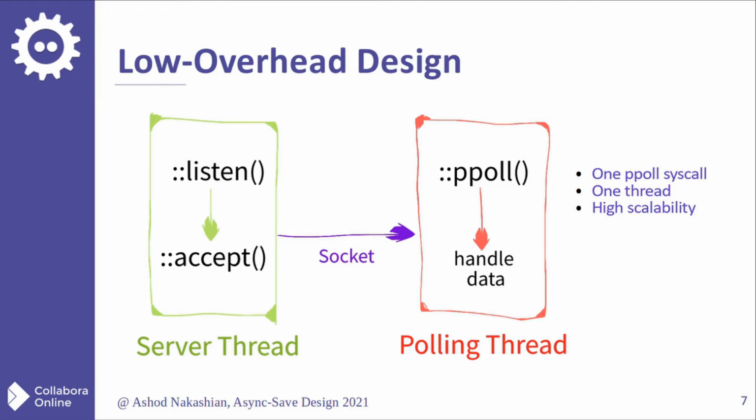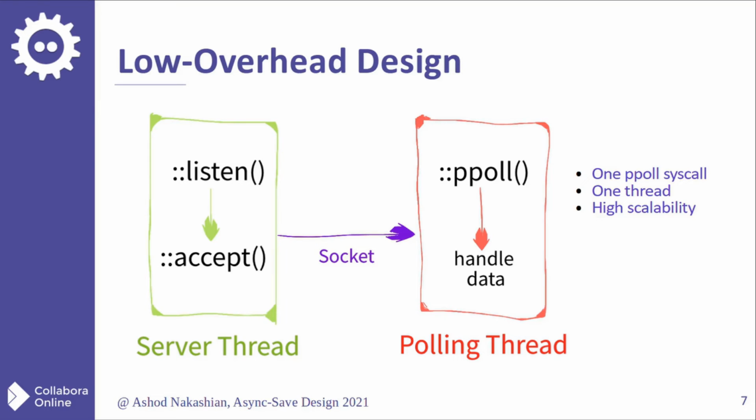This is a very simplified high-level view of the design that we had already for handling all of the client connections in the documents. The server thread on the left is the external facing thread that is responsible for accepting incoming connections from the clients, and once the socket is accepted, and we knew that this was for a specific document, and we made sure that this client passes all the necessary security checks on that level, we passed it